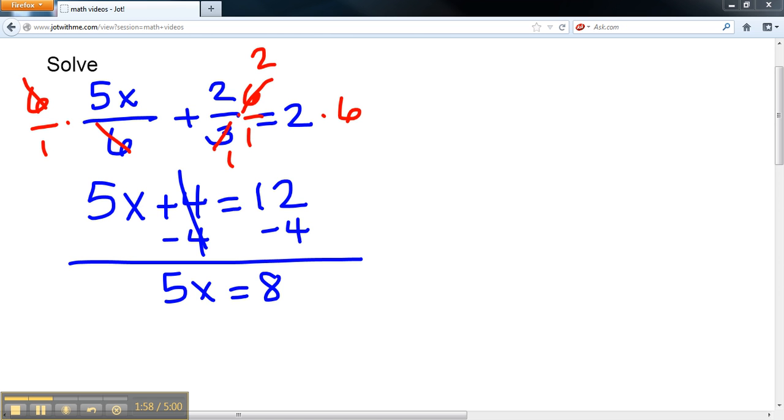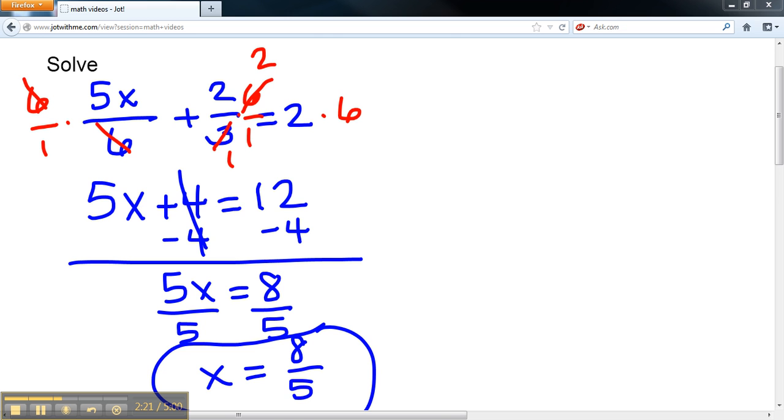Now I don't quite have x all by itself yet, because it's multiplied by that 5. I'm going to divide both sides by 5 to keep it equal. And I'll get x equals, and I'm just going to leave this as a fraction. My original equation had fractions in it, so that tells me it's okay to leave it as a fraction, and I'm going to leave it as the improper fraction that it is. So x equals 8